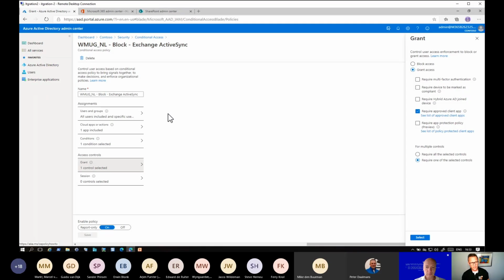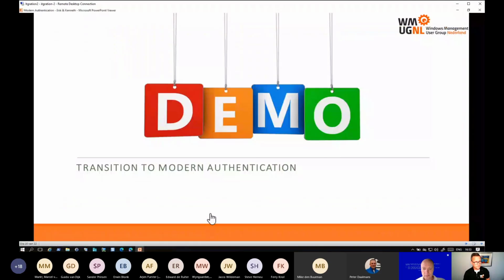By doing it like this, and I do realize that I may be explaining this very simplistically, we have control of how we are going to migrate users from legacy to modern authentication. If you have any questions about this, please reach out to me or Erik, and I'm more than willing to further explain the concepts. And on my blog, I also created some really lengthy blog posts explaining the concepts behind this and what needs to be done. So to return to the presentation,